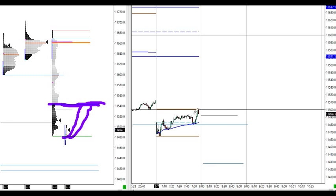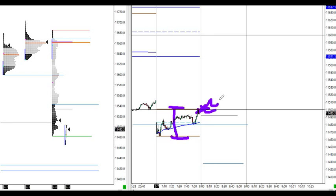Of course, this doesn't mean this cannot just collapse straight down, but if I see price holding above 500 at the cash open and above initial balance high, we would like to go long for a move up to 540s or so, and then see what it does there,